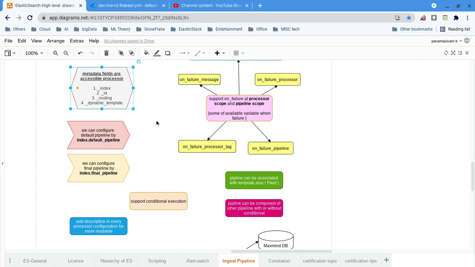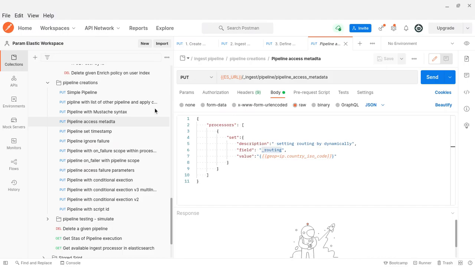You can access them using the context variable, ctx. In Logstash we would use event, something like that; here it's the context. Whatever is in the context is readable. You cannot set or modify anything in the context, but you can at least read. So from the context we can read this metadata, obviously the ID, the routing, whatever you need. That's how it works. I think I can show routing here. No.